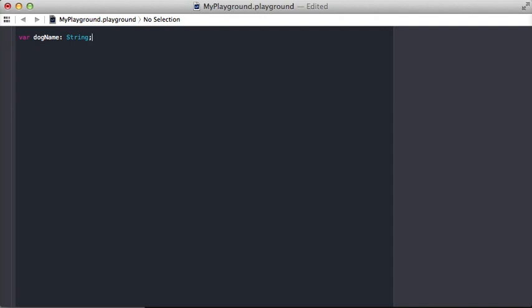So we're saying this variable dog name can only contain a string. It has to be a string value. So if we try to say dog name is equal to 34, which is not a string, 34 is an int, not a string, we're going to get an error. But if we change this to something like Fido, you can see that that's totally cool with the compiler, and